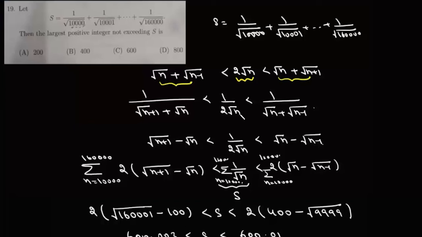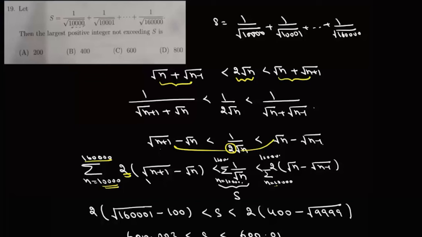So we can write this as 1 upon 2 root n will be greater than or equal to 1 upon root n plus 1 plus root n and will be less than 1 upon root n plus root n minus 1. Now we can rationalize it. If we rationalize it, we get root n plus 1 minus root n will be less than 1 upon 2 root n and will be less than root n minus root n minus 1. Now we'll take this summation from 10,000 to 160,000 for all the 3 expressions, and we have taken this 2 both sides. So we have this 2 and then